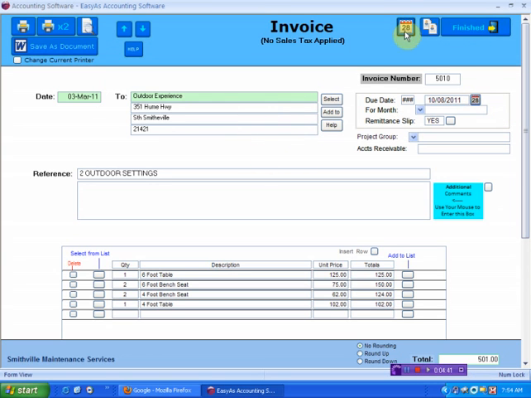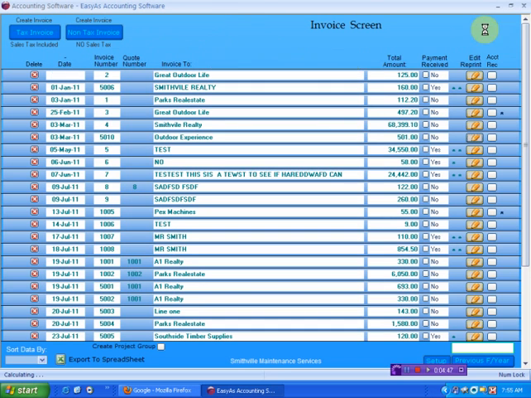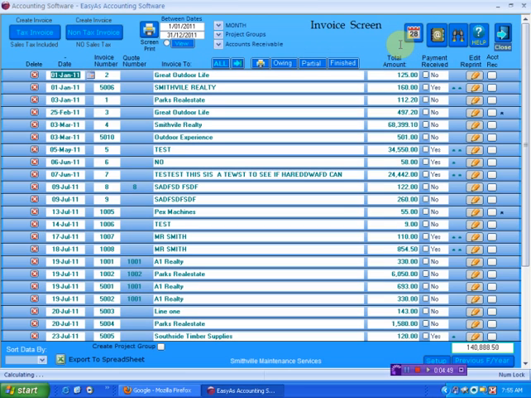Now if I click the calendar, we can actually access the calendar in EasyAs from almost any screen. We can access it from the invoice screen, we can access it from here. See, we can access the calendar from almost any screen. So if I click that now,